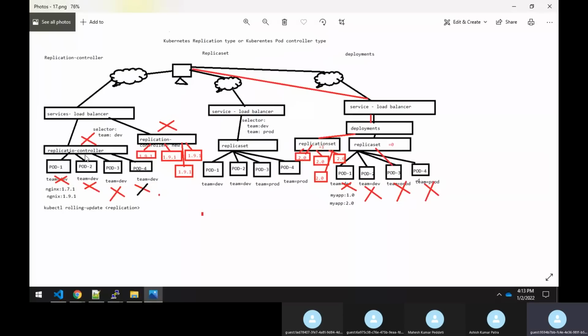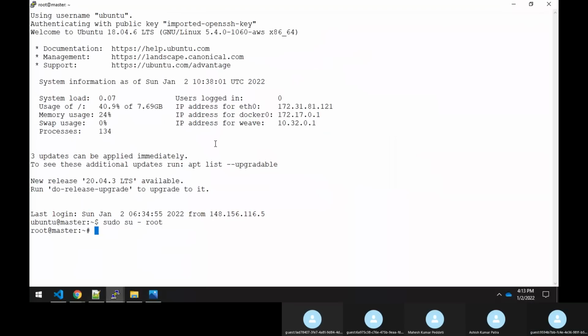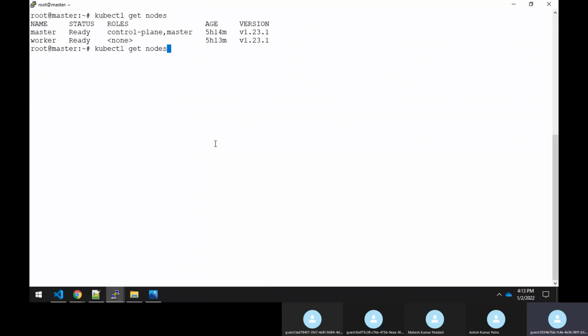So now we have to see how the replication controller works. For example, let me check what the nodes are. Okay, so two nodes, and let me see if I have any pods which are running. So there are no pods running. So let me do one thing. Let me create a pod actually. kubectl run web --image=nginx. So we have created a pod.